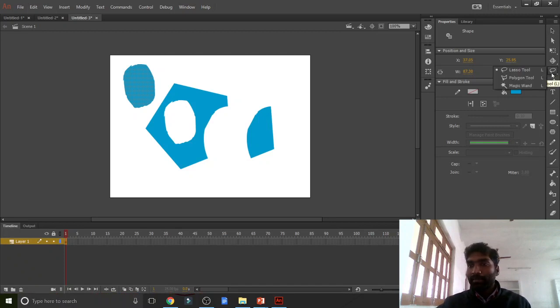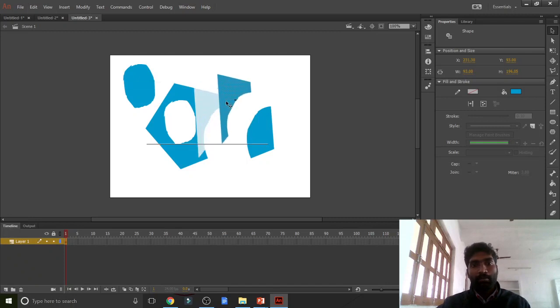Now just click, we get the polygon. I am clicking, dragging. Now you can see the straight line. I am trying to move, but it comes only as a straight line. Now that area is selected. Now click and move over.